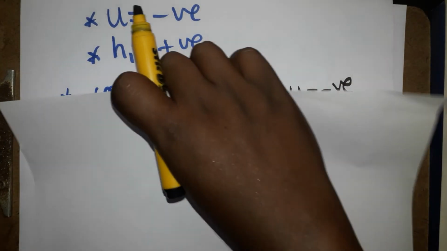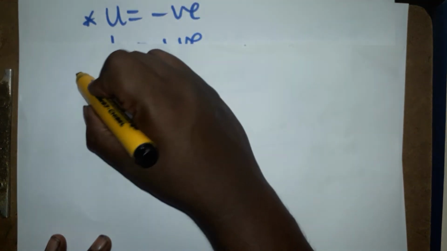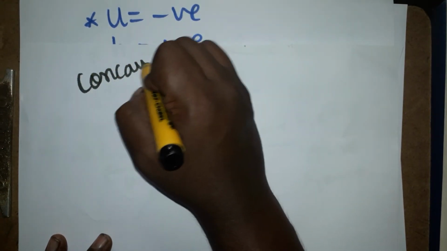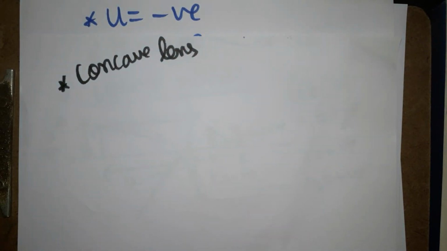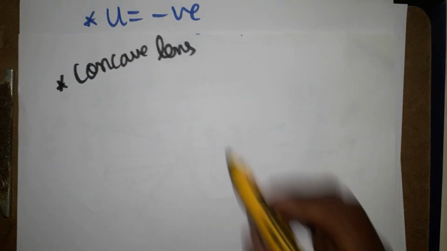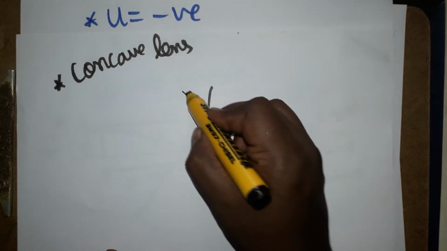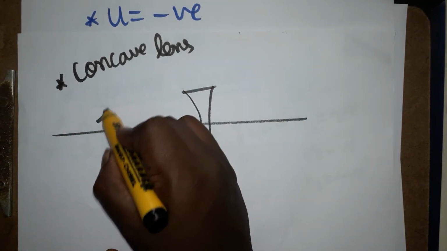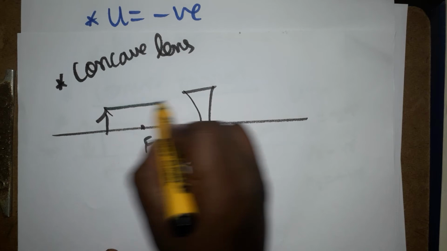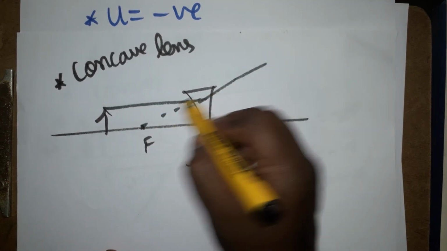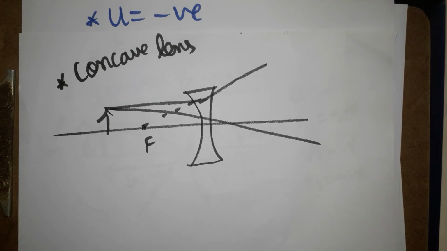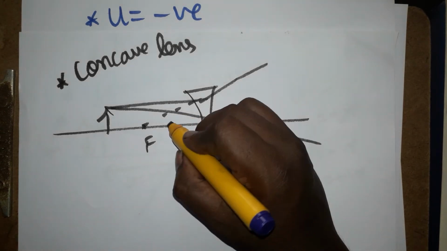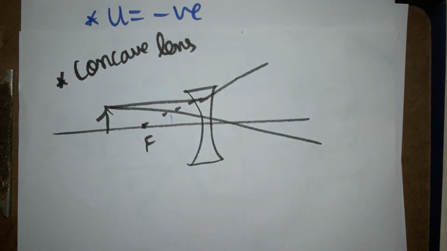Same kind we have for the concave lens also. Two cases we have for the concave lens. Okay, one of the cases, the infinite case, you can ignore. Okay, this is a concave lens. I placed the object here, f will be here, the parallel ray will be reflecting away from the principal focus, and the center ray immediately goes straight. Okay, this diagram and all, if you want you can see in my playlist. In ray optics I have given everything.